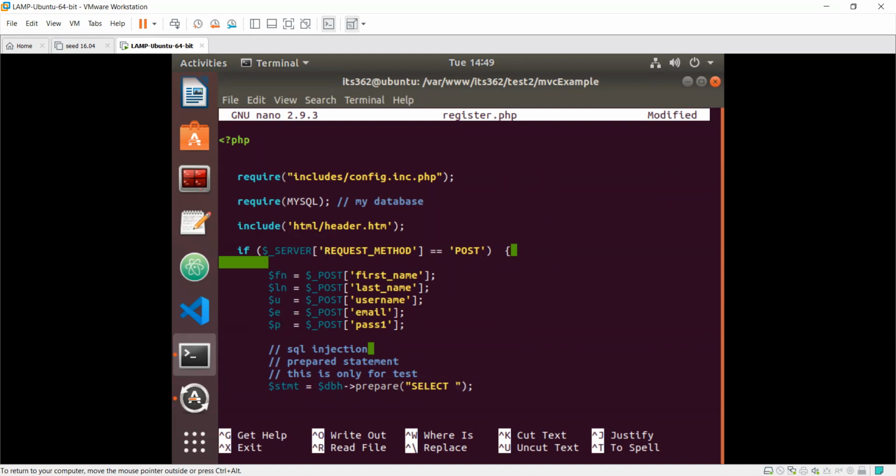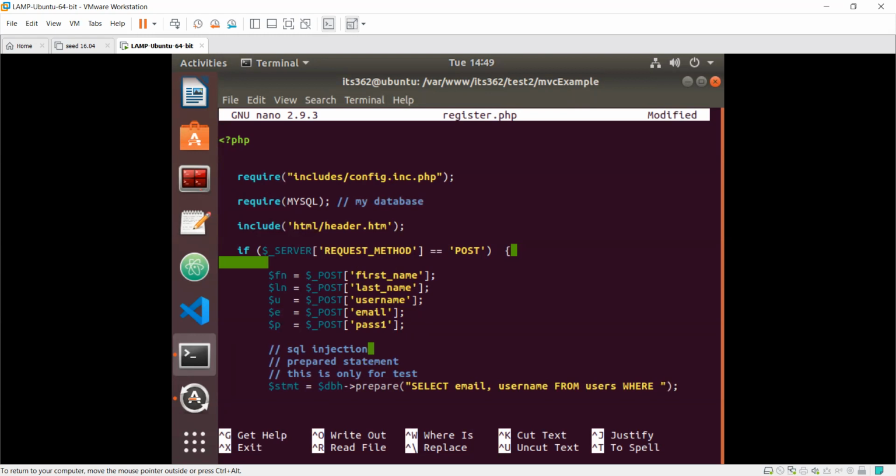What do we need? Let's just say email. Now remember, these are going to be the database column names, email and username, from, and then obviously we need to create the table. I'm going to call it users, where,